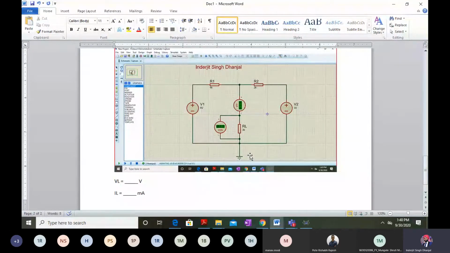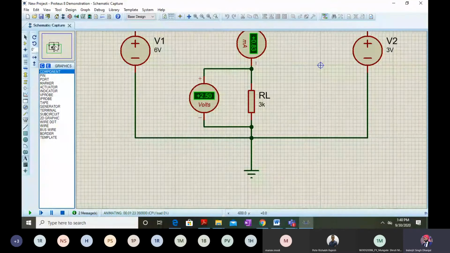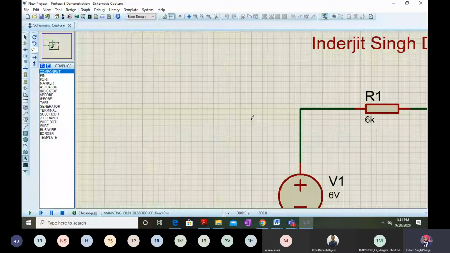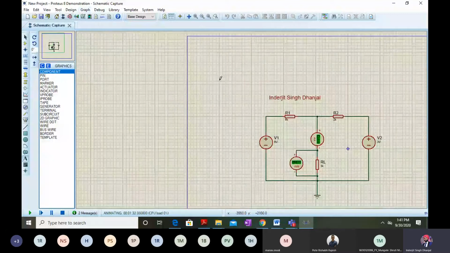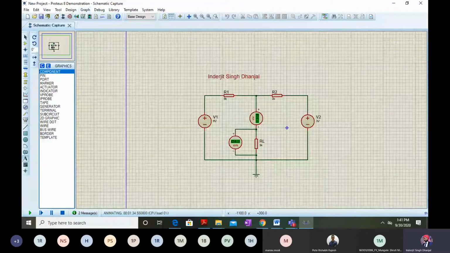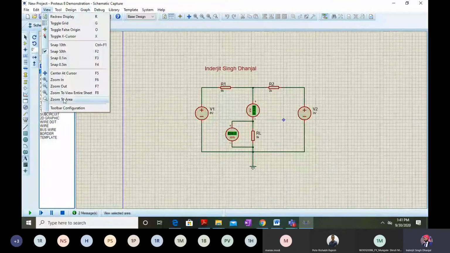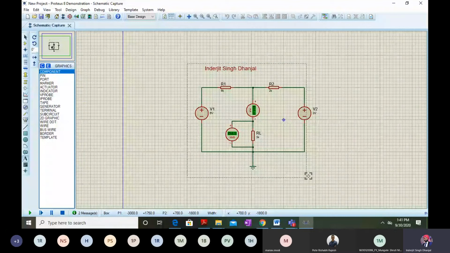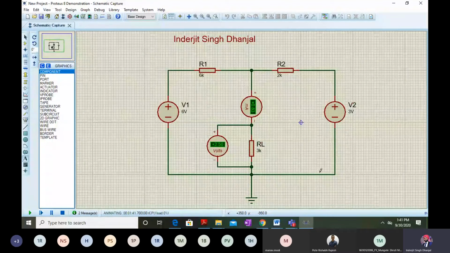Okay, now you all can do it a little later. Let me proceed ahead. I might have to complete it a little, you all just wait. I will be sharing the recordings of this meeting, and then you all can work with it patiently. Now let me zoom out a little. Yeah. So, I will go to view, zoom to area. Okay. So I have my IL and VL value directly now.